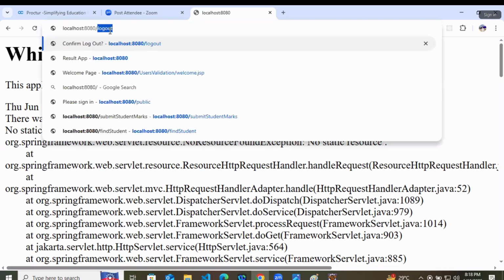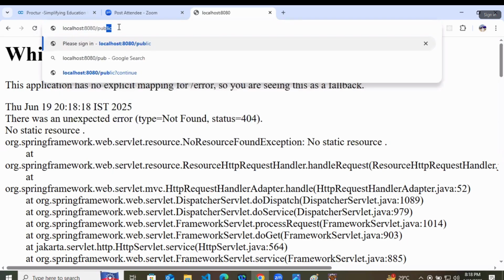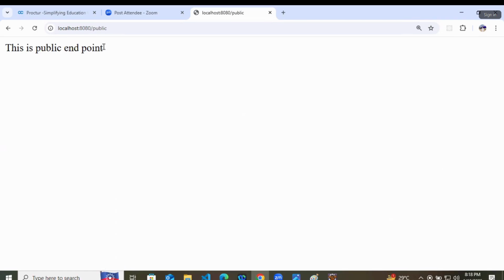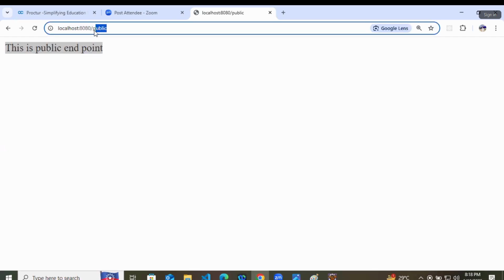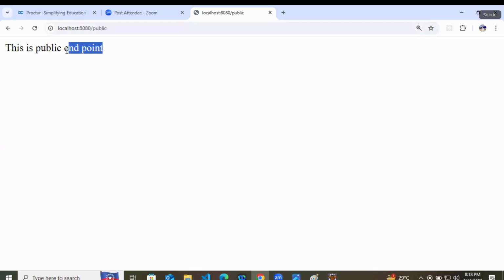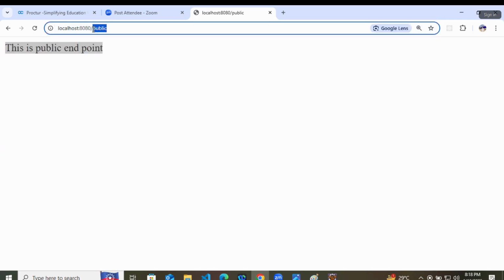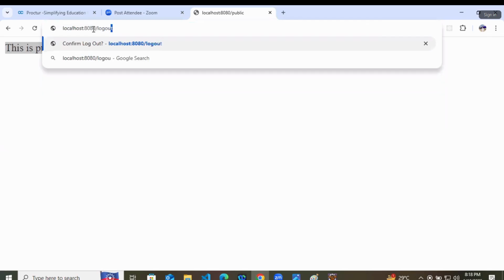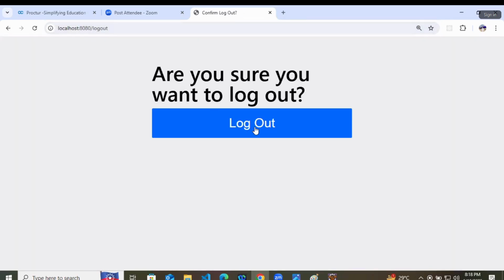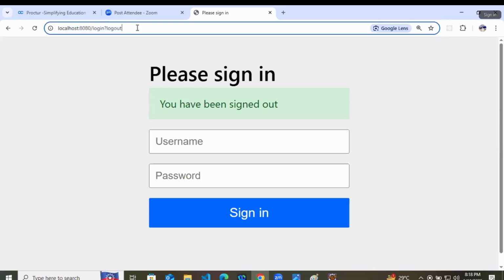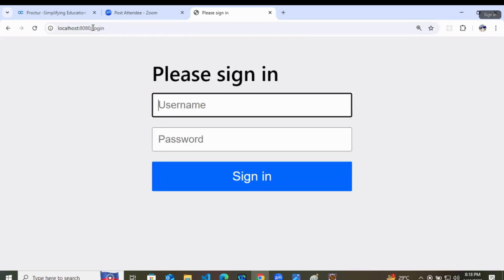We'll just refresh the public URL, and we got the public endpoint because we were trying to fetch logout. That's why. So we are getting logged in here. Again, I will do logout. So slash logout. It is asking, yes, I want to log out. Again, I want to check the public page. Now it is asking me to log in.